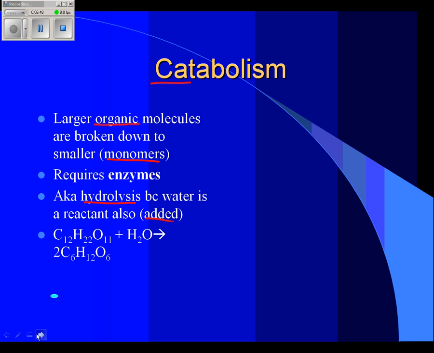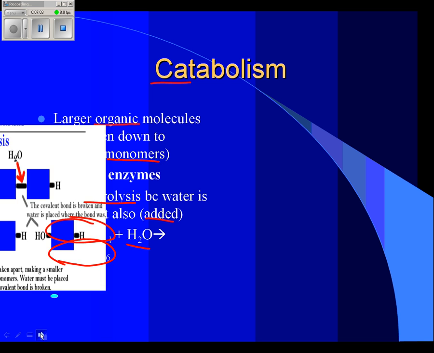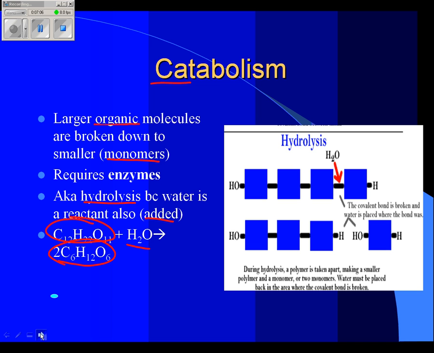So an example of catabolism is given with this chemical reaction here. Table sugar, C12H22O11, add water, and it can be broken in half, essentially, into two glucose molecules. There's an illustration of the idea here. Here we have our individual parts of the molecule. The molecule can be broken apart